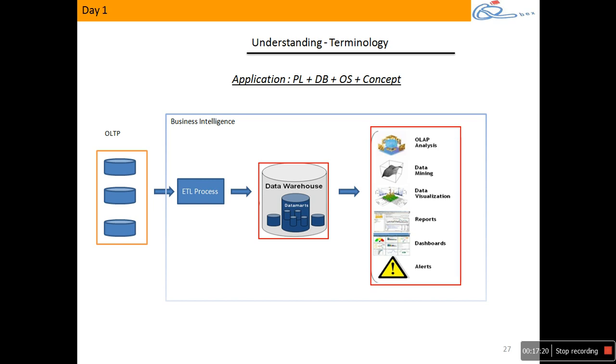Next, we are slowly getting into other terminologies now. See, SAP BW is an application. Do you understand what I mean by an application? When I say BW is an application, it's a ready-made software designed and developed by SAP. And for which concept? Data warehousing as a concept. Data warehousing is a concept.